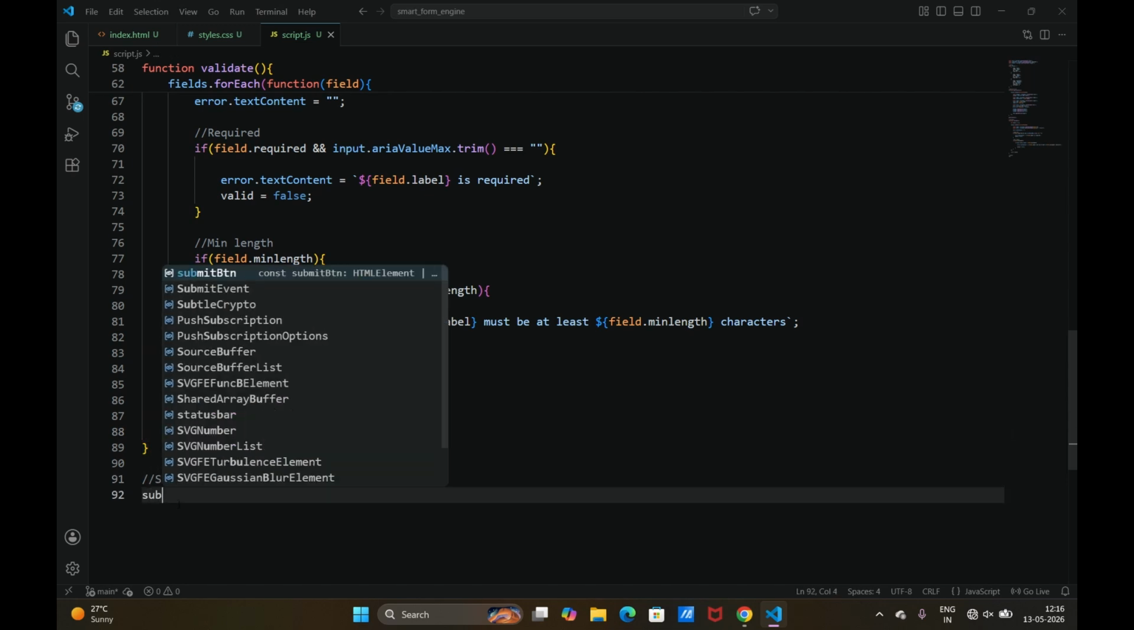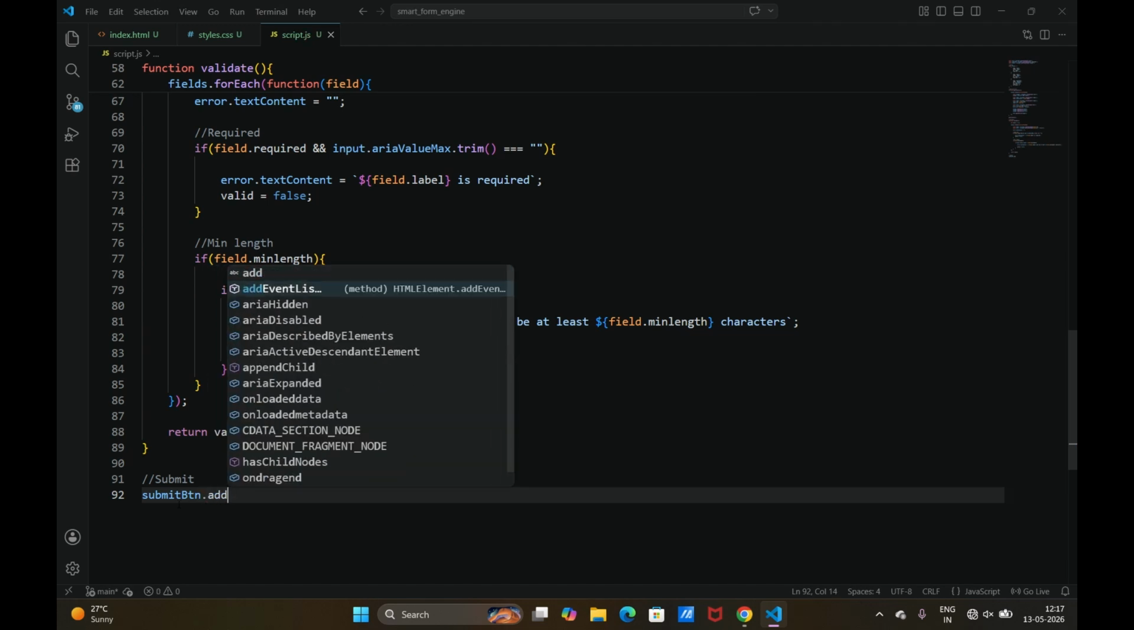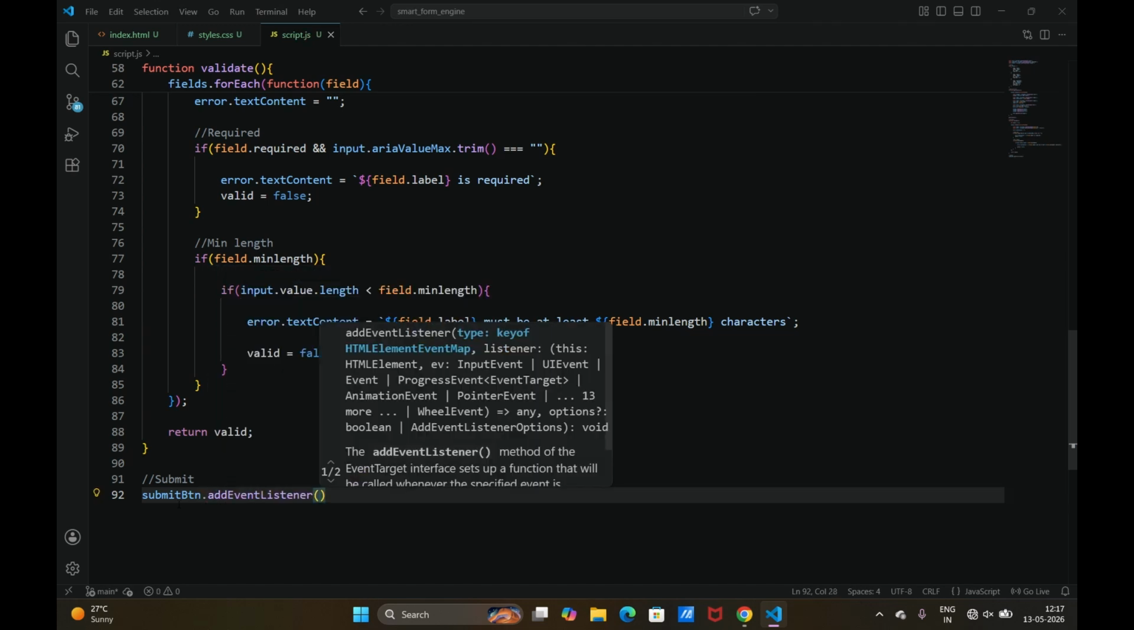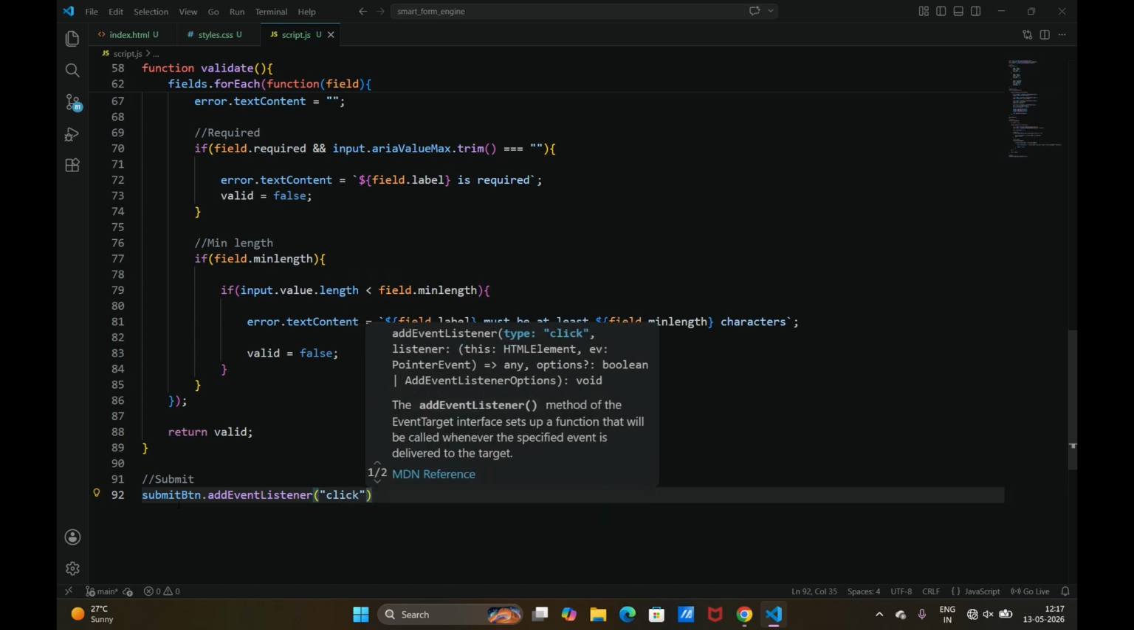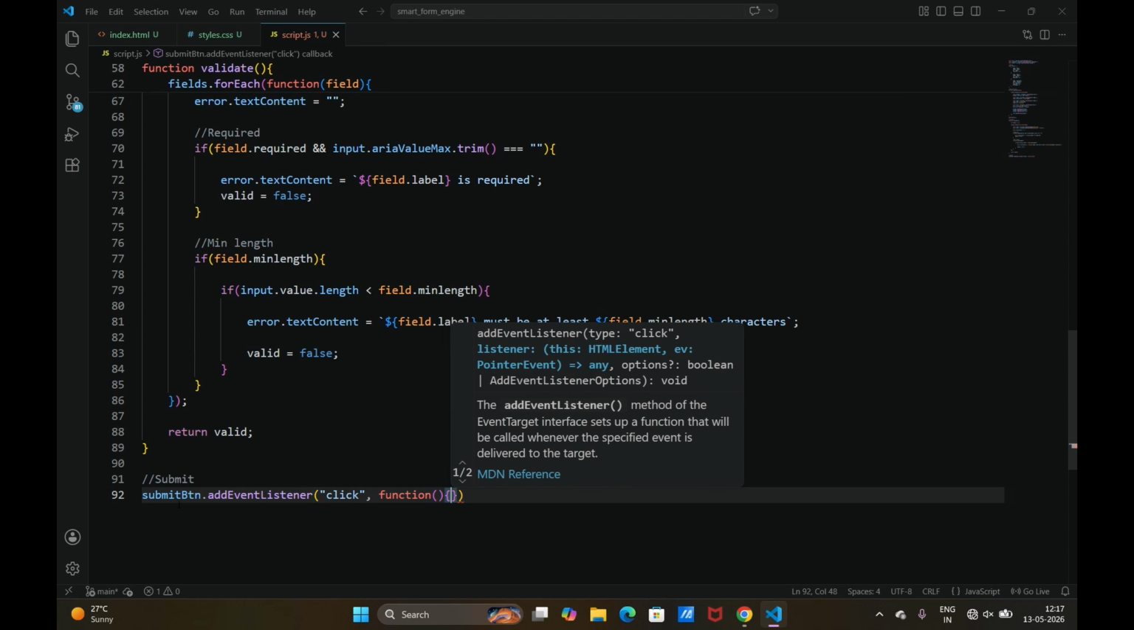Now the final step, we have to submit all the things we have entered. So select the submit button, give an add event listener, the event is click, inside that execute a function